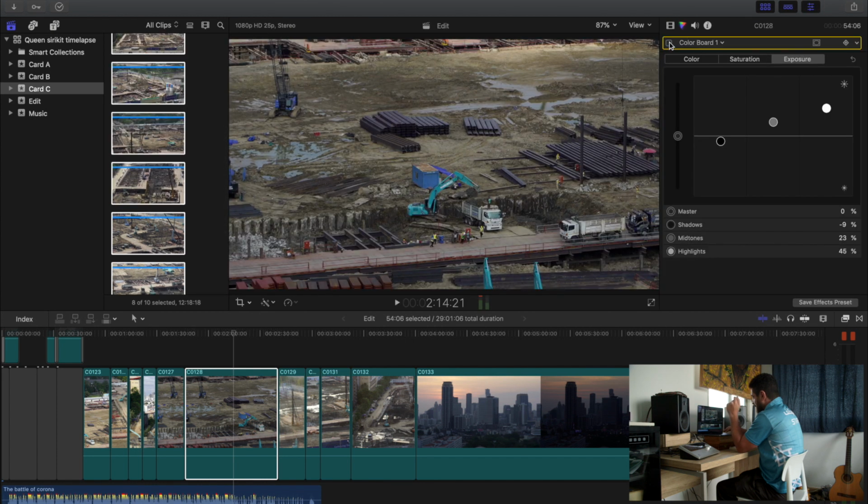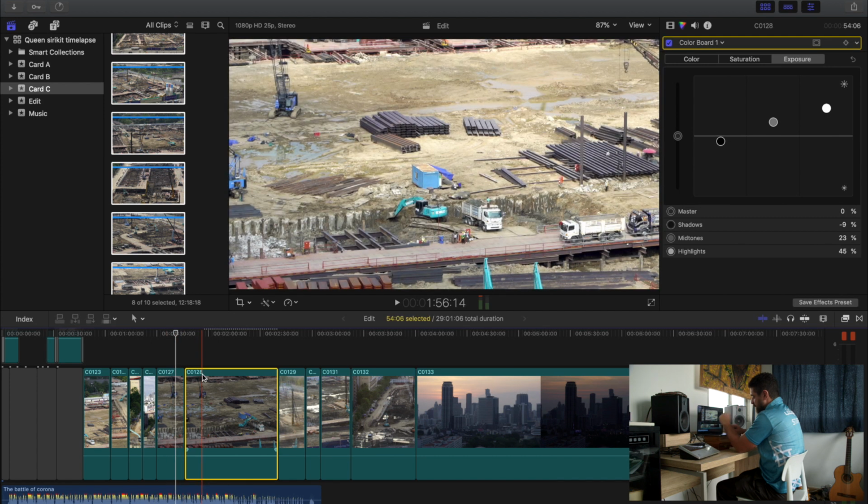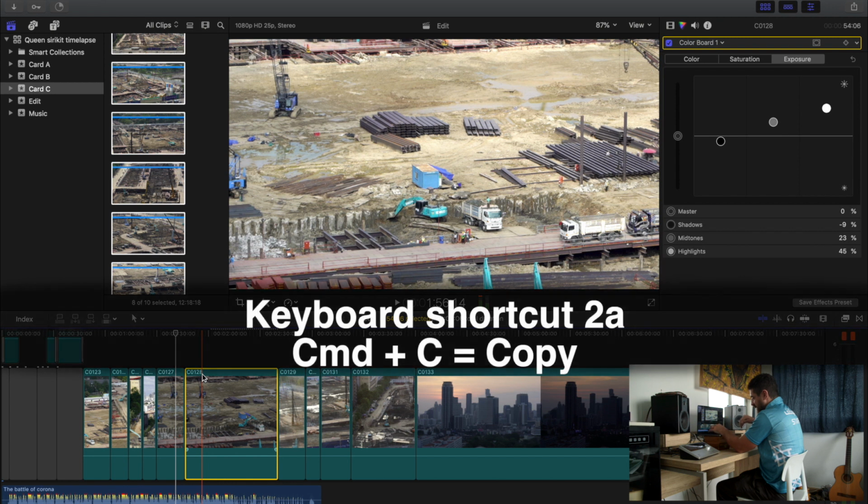I'll show you before and after. That's before, that's after. So you're getting some color. It's looking a bit more vibrant. Now, I have a shot right before that's quite similar. Go to the shot that I've already color corrected. I'll hit Command-C,